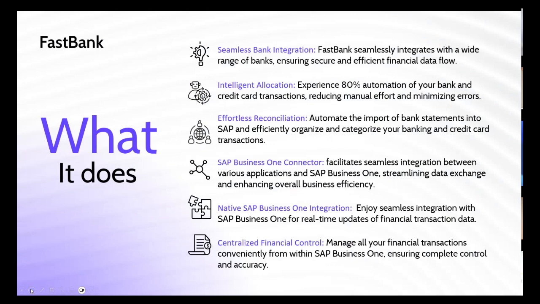Again, a little bit about what it does. It's going to automate a live bank feed connection into FastBank, bringing in the transactions, and then you'll have the ability to allocate to GLs, allocate to business partners, post them into SAP, and go from there. So what we really want you to ultimately think of FastBank as is a centralized financial hub for transaction posting, reconciliation, and payments, both inbound and outbound. There'll be some additional modules that Taran can touch on, but as you'll see, it's really going to become more of a centralized financial hub for these types of activities.